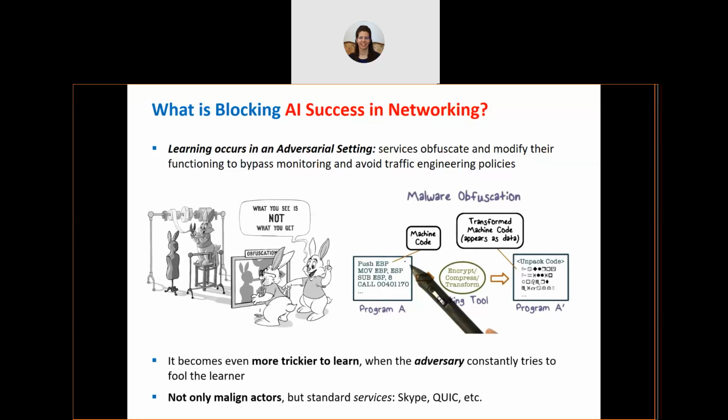But this happens not only for attacks. Imagine services like Skype. Skype at the initial times was a huge threat to ISPs, to the traditional calls business. So whenever the ISP was detecting Skype calls, not all of them, but in many cases, they were starting to drop packets so the Skype call would become very bad quality and the user would drop it. So Skype started to